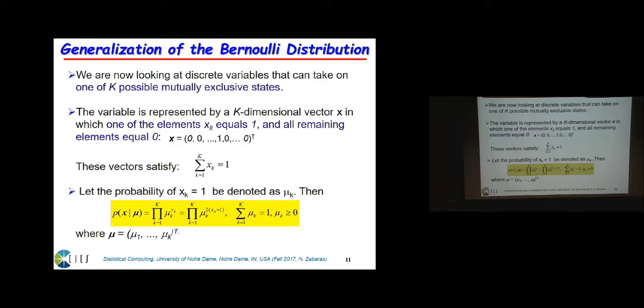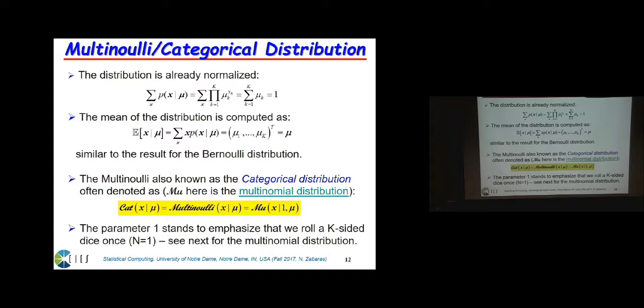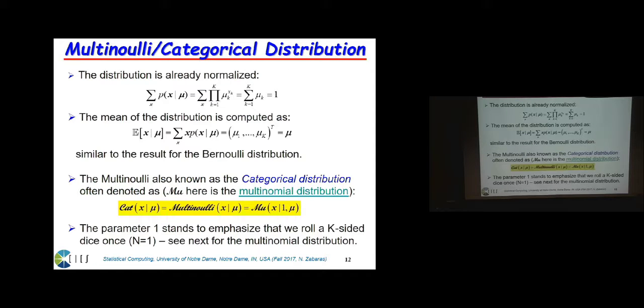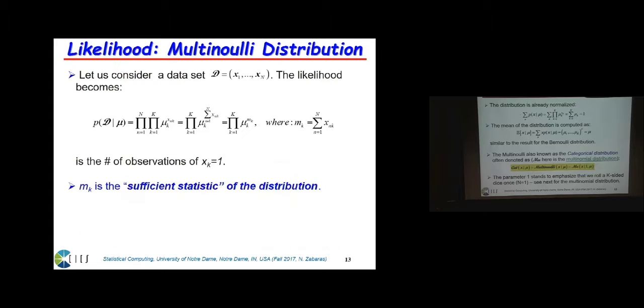And again, try to get used to this notation. So we have k states. Each of them, you get heads with probability mu k to a power xk, or even better, this is the preferable notation, mu k to a power that is the indicator of xk being equal to 1. Okay? Now, this distribution has the constraint, of course, that the sum of all of these probabilities has to be 1. I mean, if you do the experiment, you have to go in one of these states, so these probabilities have to sum to 1. Okay, you can show trivially what the mean and the variance is, using generalizations from the Bernoulli distribution, so I'm not going to go into that. This distribution, by the way, in other domains, especially in computer science, you may see as a categorical distribution, and it comes with different names. Okay,